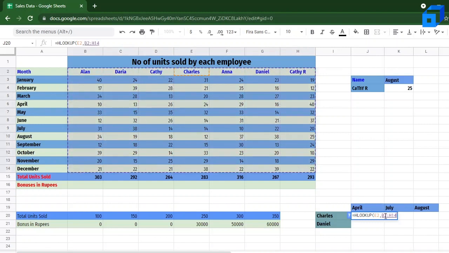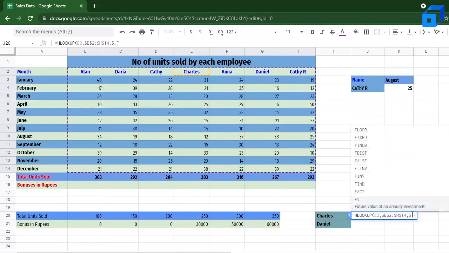And since we want this range to be constant for all the values, we can use the dollar symbol before the cell values. The dollar symbol here indicates that it's an absolute cell reference. It won't change no matter what. So if we use the fill handle to fill the rest of the values, the range doesn't change for those values as well. And the row index will be 5 since it's April. So here it's 1, 2, 3, 4, and 5. So April, it's going to be 5. And now since it's an exact match, the search option will be false.